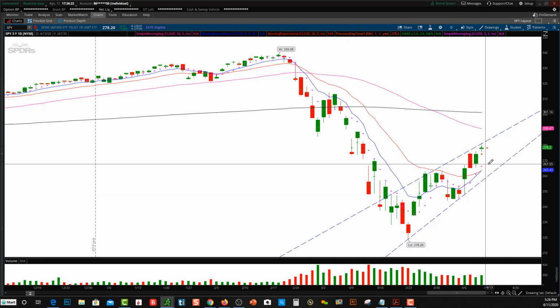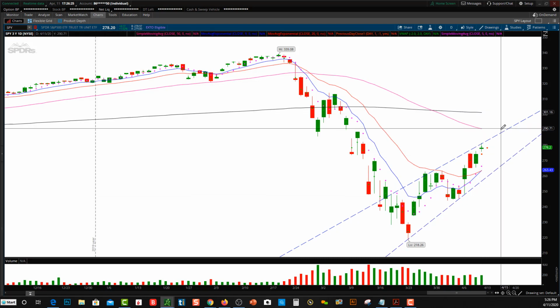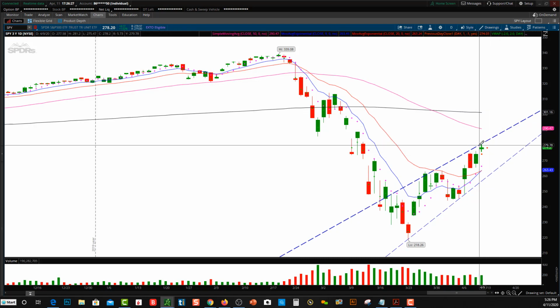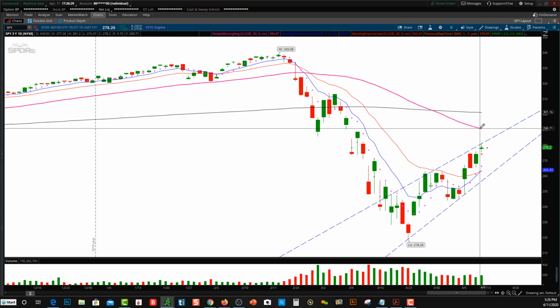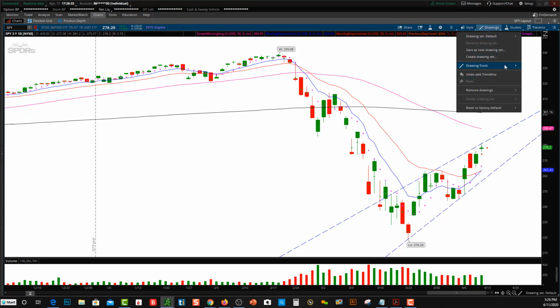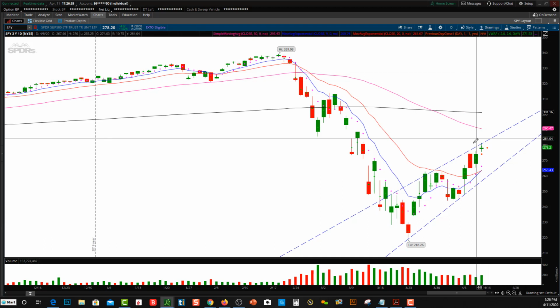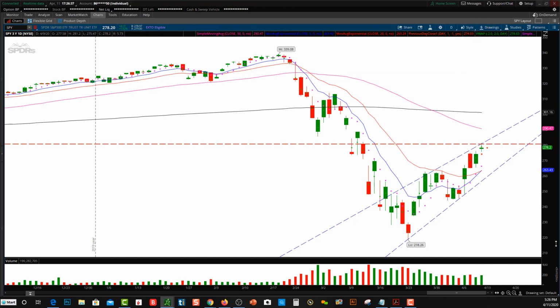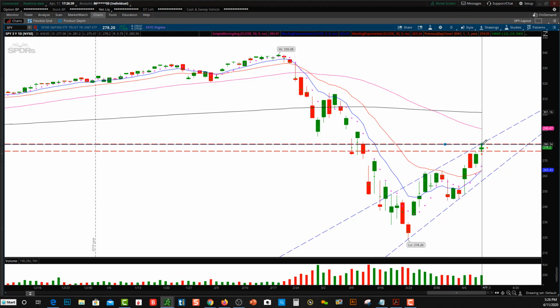Would I personally go long here? In general, no, because it's at resistance. But if it breaks out, maybe I would. And I would look right here. What if I got in? If you're wondering what I would do, if this thing breaks out to the long side, I would consider getting in on a break above this candle, and